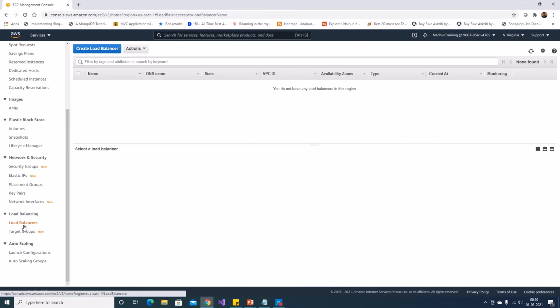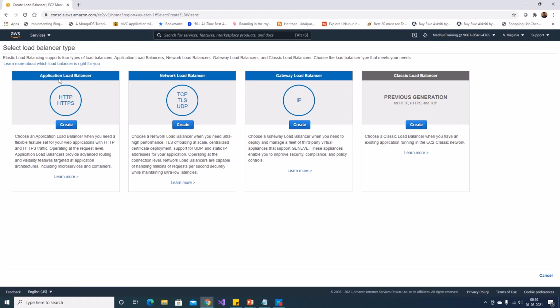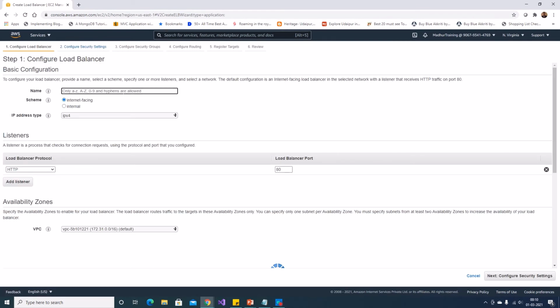So go to load balancers and click on create load balancer. As you saw, we have four different type of options available here: the application, network, gateway, and the classic one. So for this one, we'll take a look at how to create an application load balancer. I just click on create, just name it my demo LB,